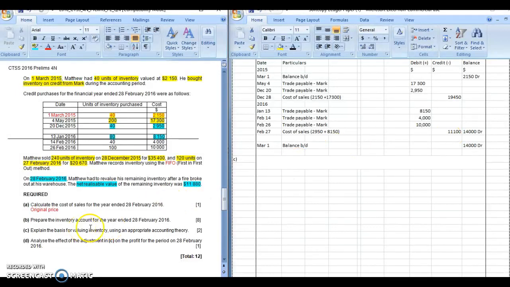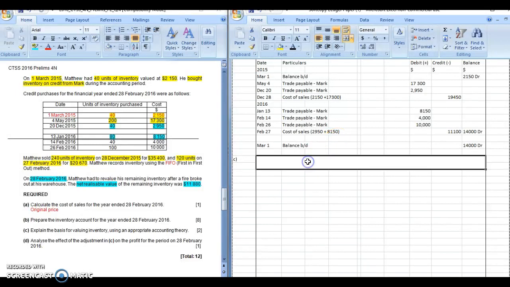So to answer the question, this is a 2-mark question, so you must always state the accounting theory as asked by the question. So we're gonna just type this out. We will use the prudence concept, because the prudence concept states that a business must not overstate its assets and revenue. So we must always recognize losses whenever they are deemed to be occurring. So according to the prudence concept,